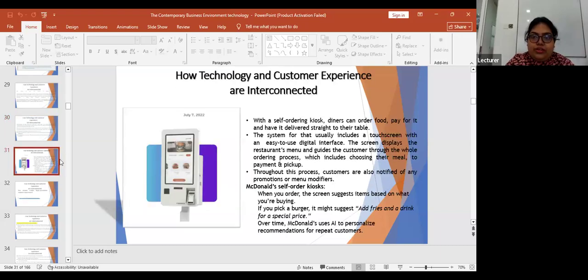So here, now this is a kiosk. We previously had access to kiosks when we had McDonald's. I don't think KFC has one. Do they? I don't think so. So with kiosks,